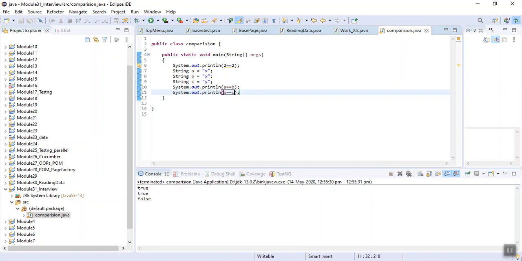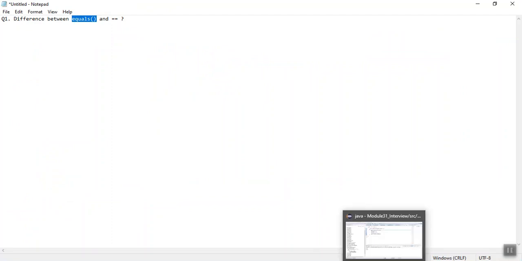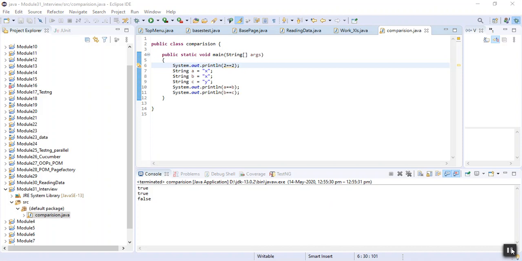It is showing me false. So this is an exact operator and it is especially designed for comparison. And this is equals. It is actually designed to compare two strings.